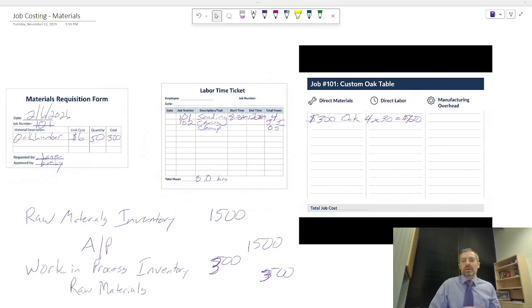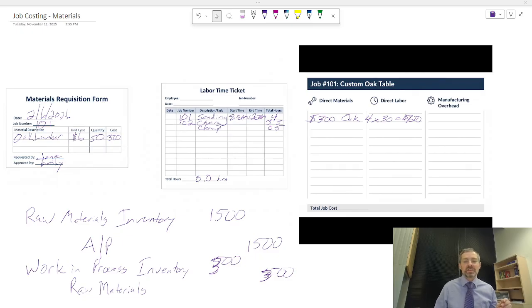So we need to give them a price. We need to be able to cost our jobs so that we are guaranteed a profit and not just maybe we made a profit. All right, so the solution is we must estimate. If we don't know the actual cost right now, we can't wait for the actual cost. We need to know right now how much we think it's going to cost us.